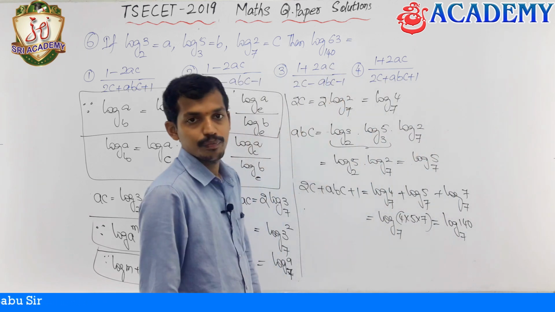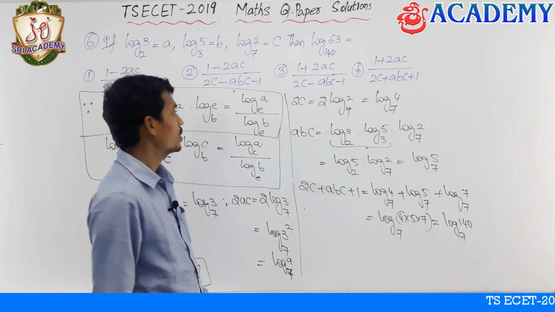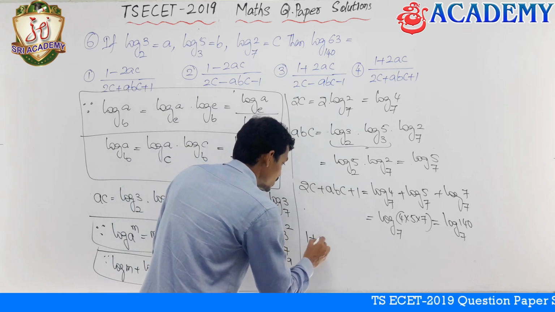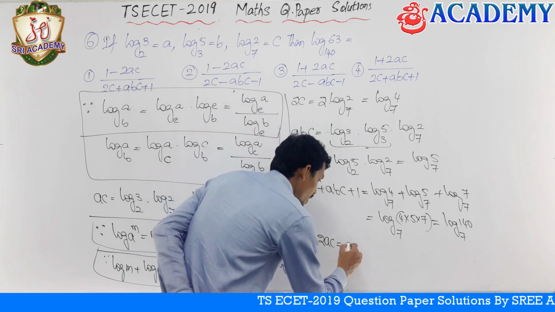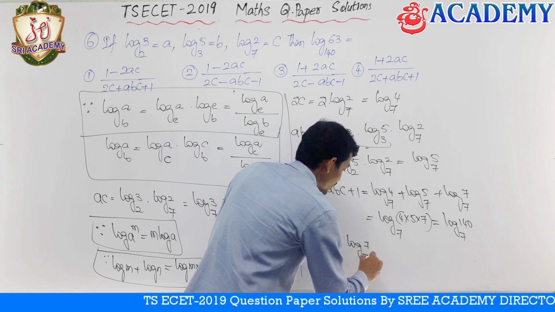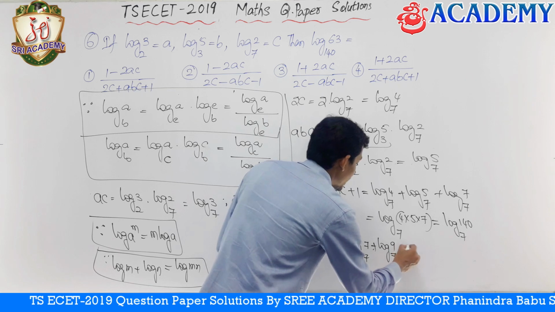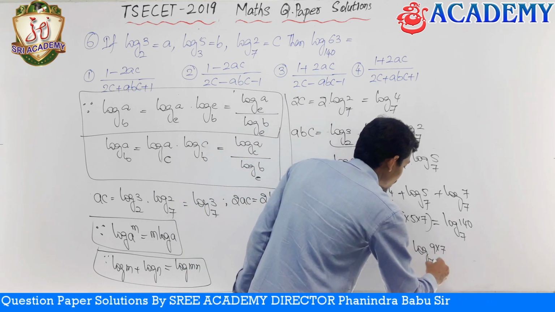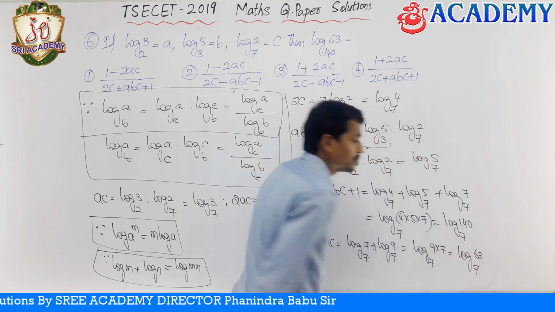See here. And here 2ac is nothing but log 9 base 7. 9 is there, that's why I am taking it here. I am taking 1 plus 2ac here. That is going to be log, here the base is 7, that's why I am writing 7, base 7 log, plus 9 base 7. Log m plus log n is log mn, that is log 9 into 7, which is nothing but 63, log 63 base 7.